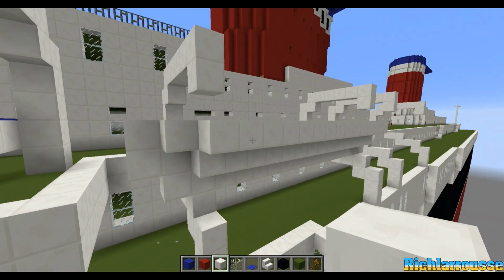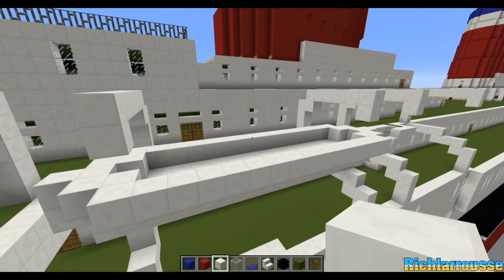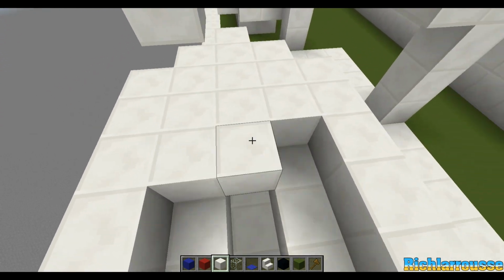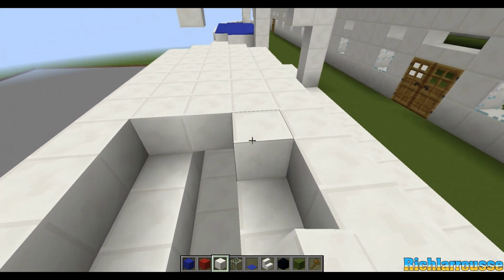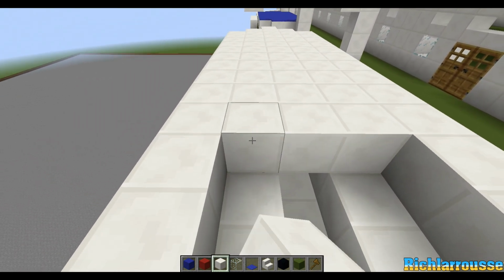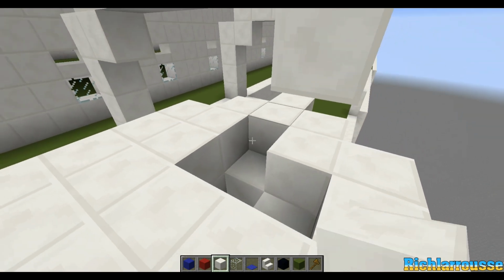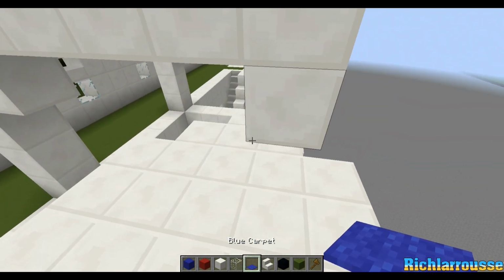Like I say though, if you can't follow it, then don't worry, you can do your own design, and I will do the next boat along as well and try and explain that a bit better. But there you go. So anyway, now's the time to fill in the inside of the boat. But like I say, you can fill the boat up with detail if you want to, but I'd usually fill in the top just to add the blue canvas, because I like the canvas design. So there we go. So there's the boat covered, and then we just add the blue cover,